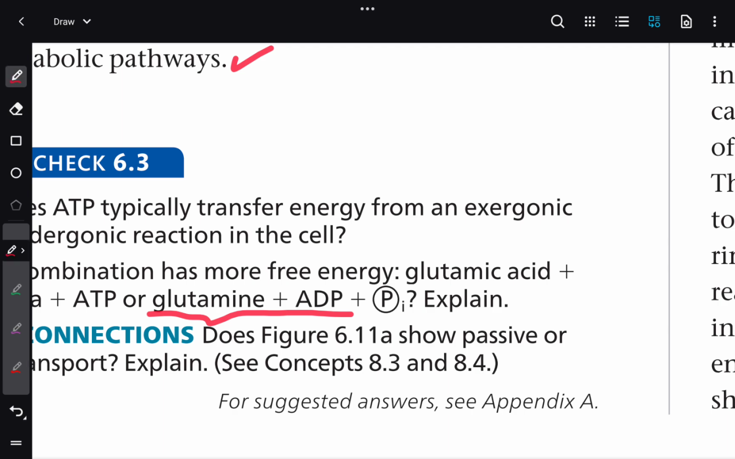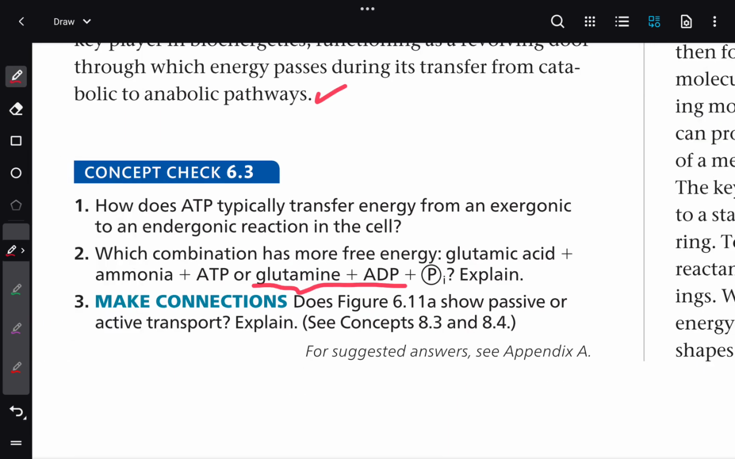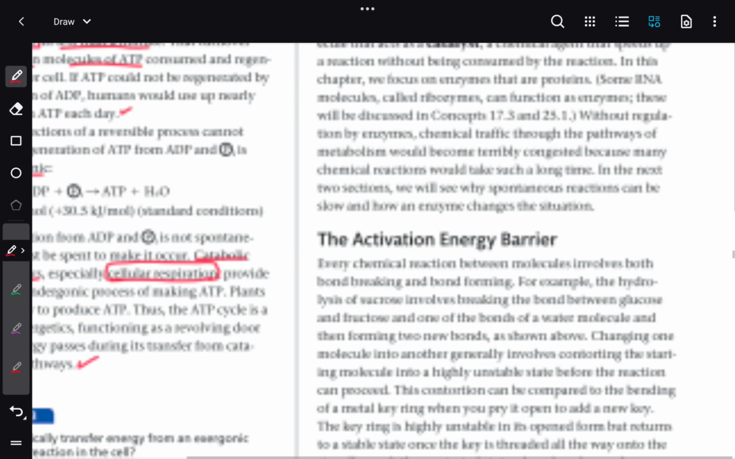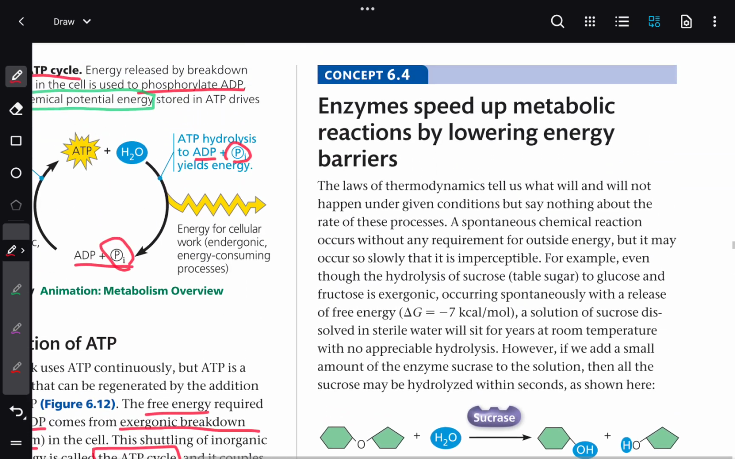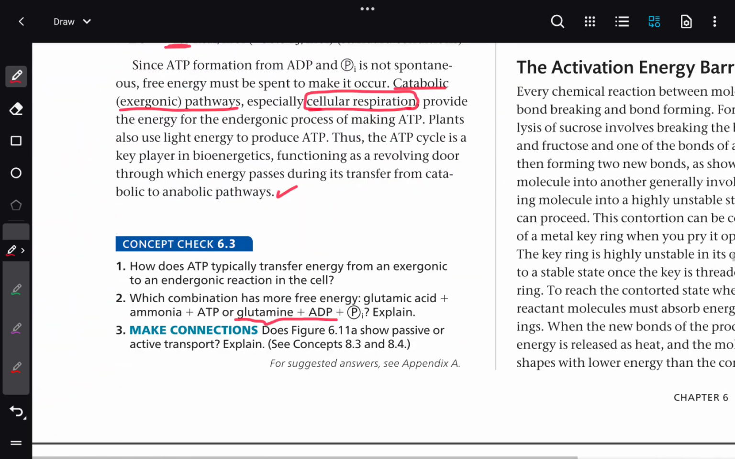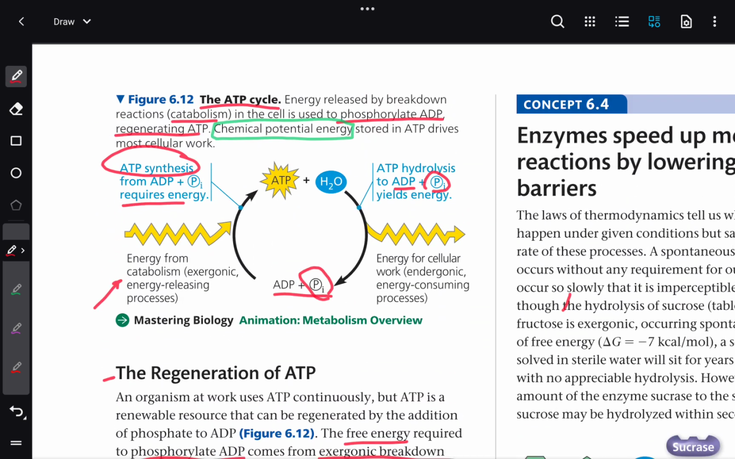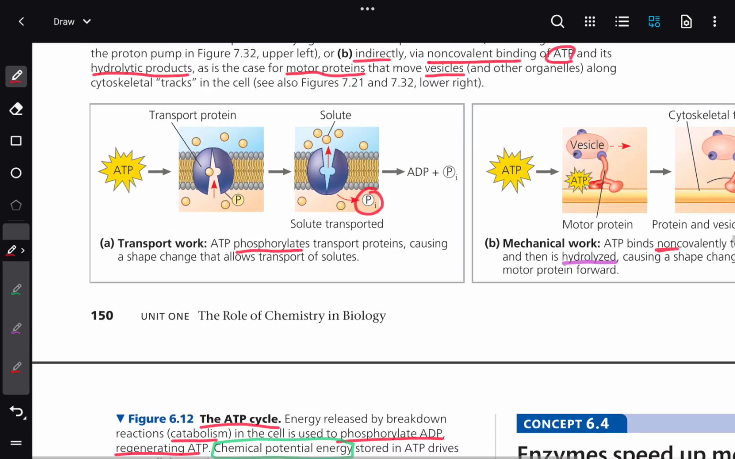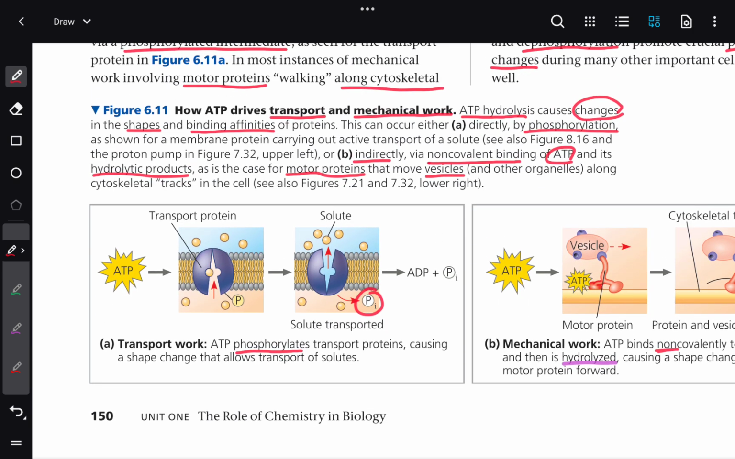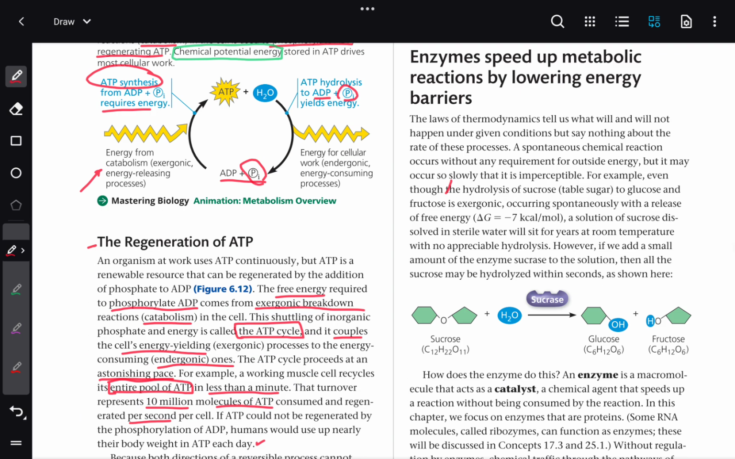What is passive or active transport? Which figure? This figure? Where? Figure 6.11A. This is an active transport. Yeah, whatever. Now,